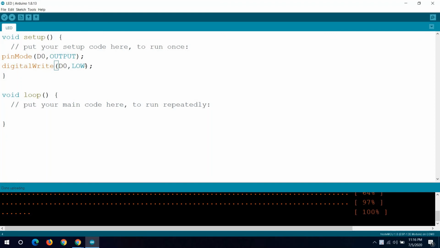Once the upload is done, I can see the LED at D0 is glowing. The LED is high but the logic here is low, in the sense that it is enable low. It is reverse logic.